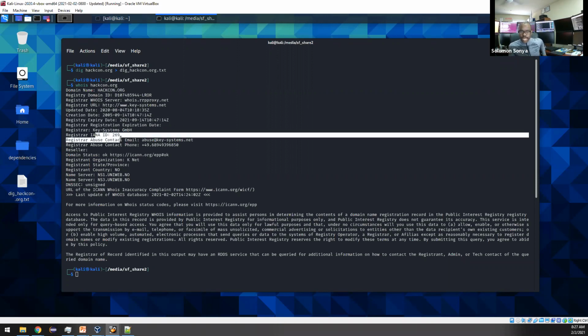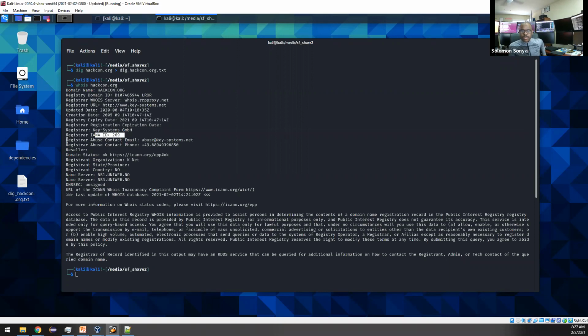date. IANA ID. Then, when I spoke about before in our reconnaissance, we may want to look for usernames. So username and email addresses. This is where some of that information will be found, like the registrar abuse email. This is for the registrar, not the registrant of the domain that we're looking at, hackon.org. Domain status, okay. Registered organization. So this is where